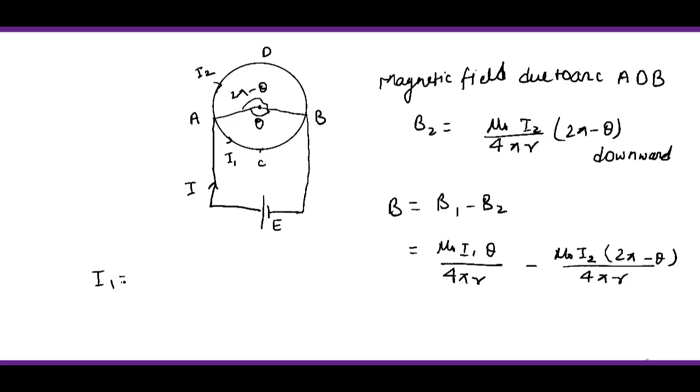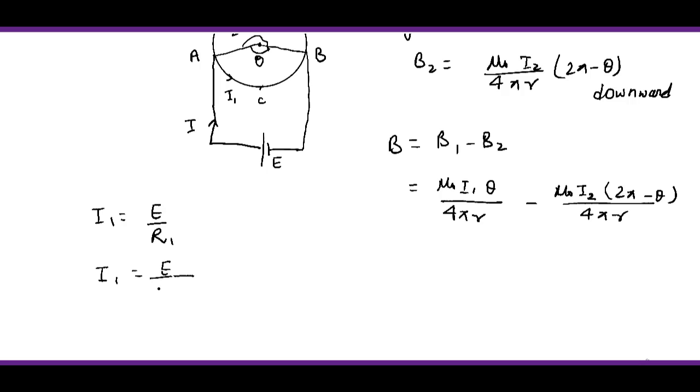I1 होगा E अपॉन R। रिंग का टोटल रेजिस्टेंस कैपिटल R दिया हुआ है, बट यहाँ पे हमने उसको चेंज करके R1 कर दिया है। अब E अपॉन R को हम रेजिस्टिविटी इंटू लेंथ अपॉन एरिया लिख सकते हैं।